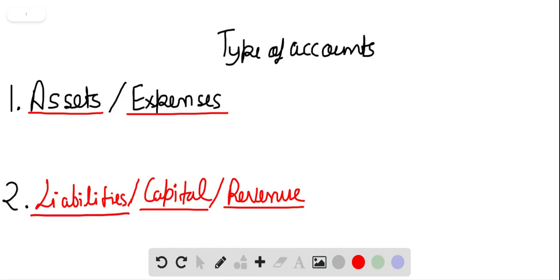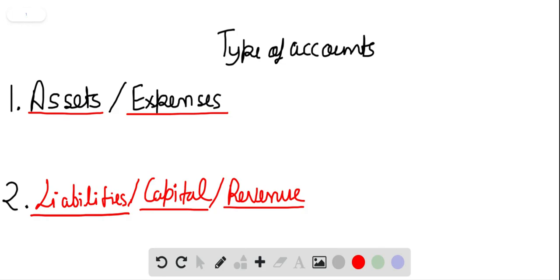In general terms, an asset is the amount which is recoverable from the customer. Expense is the amount which we incur to run the business, like raw material, printing, cartage, like that. Revenue is the term we use to refer to the sale of goods and services to the customers, so it gives rise to revenue.